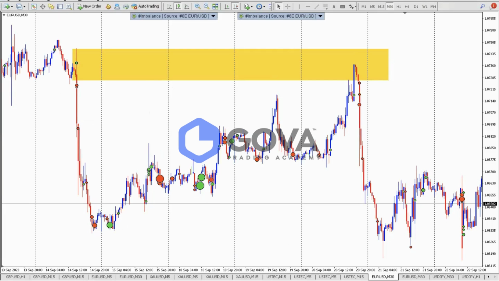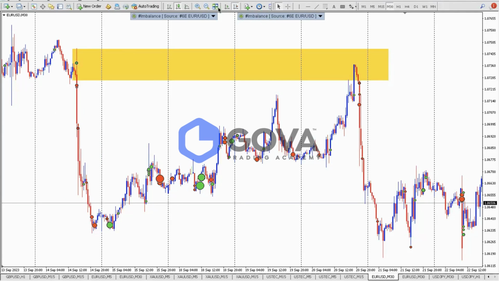Now, going back to the chart here, let's see the imbalance we have in this cell formation area. You can see we have a bearish imbalance indicated in this area. So let me see how many imbalances we have here. But before I do that, let me give you a quick logic here